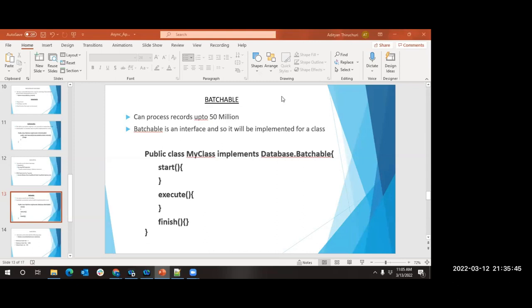Can we write more than one System.enqueueJob call? When you say more than one System.enqueueJob, you want multiple things to get executed, like you're calling two queueable jobs at once. Is that what you mean to say? Okay, yes. So one thing is, there is only one queueable job allowed at a time. You can have chaining, but not in parallel. There cannot be two queueable jobs at once, and having two queueable jobs at once is a very bad practice.